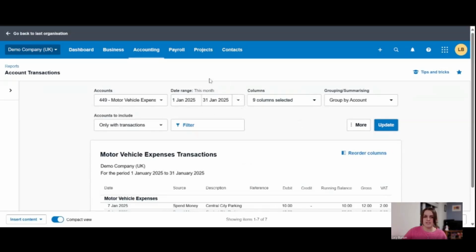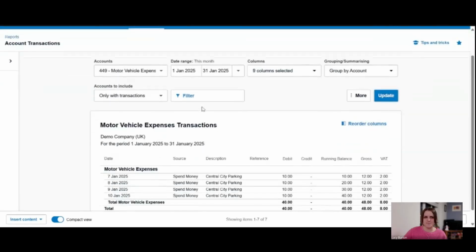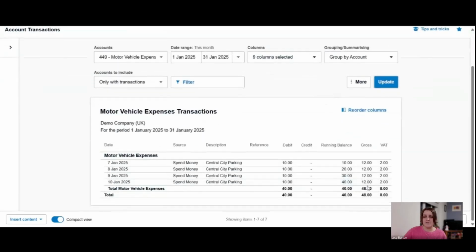You want to make sure that the date range is also correct. Otherwise, you won't have some of the transactions for that reason. All of mine relate to January, so I know that this is okay. So I can see that I have £48 for the central city parking, but I know that I have one